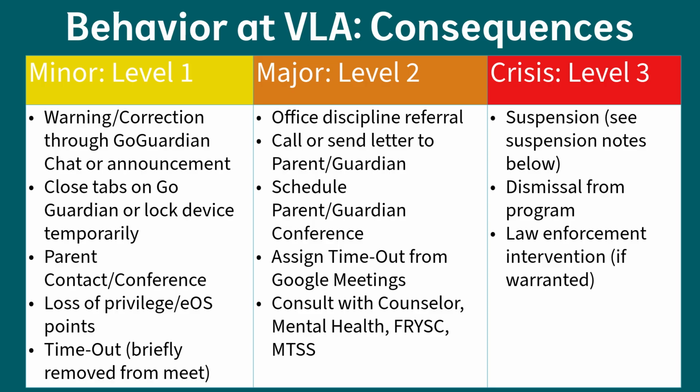your Google meeting. Major violations automatically result in an office discipline referral, a call or a letter to your parent or guardian. They may result in a scheduled parent conference with your parent or guardian. You may be assigned a timeout from Google Meetings, and you may be assigned a consultation with our mental health staff. Crisis violations result in suspension. I'll talk about suspension in a minute. Maybe dismissal from the program, depending on the violation, and maybe law enforcement intervention if it's warranted, depending on the